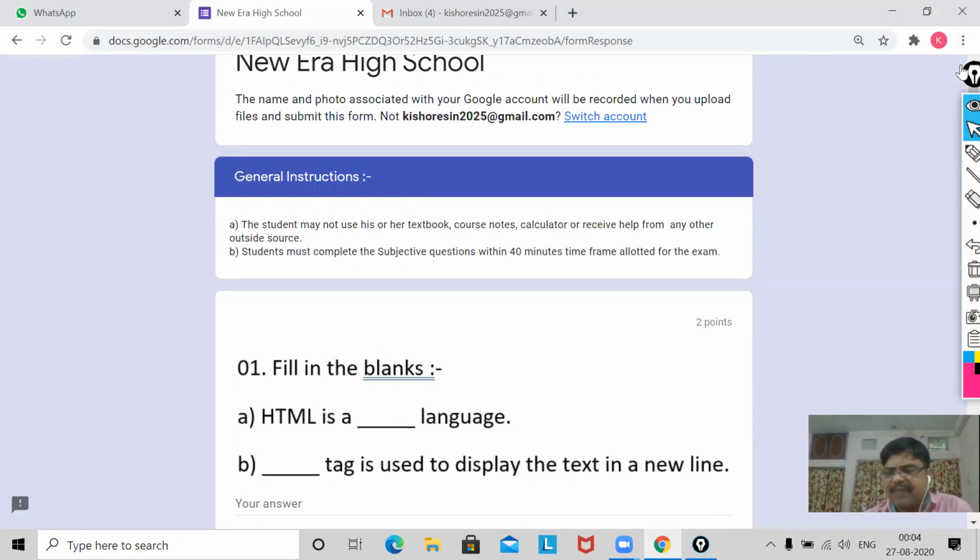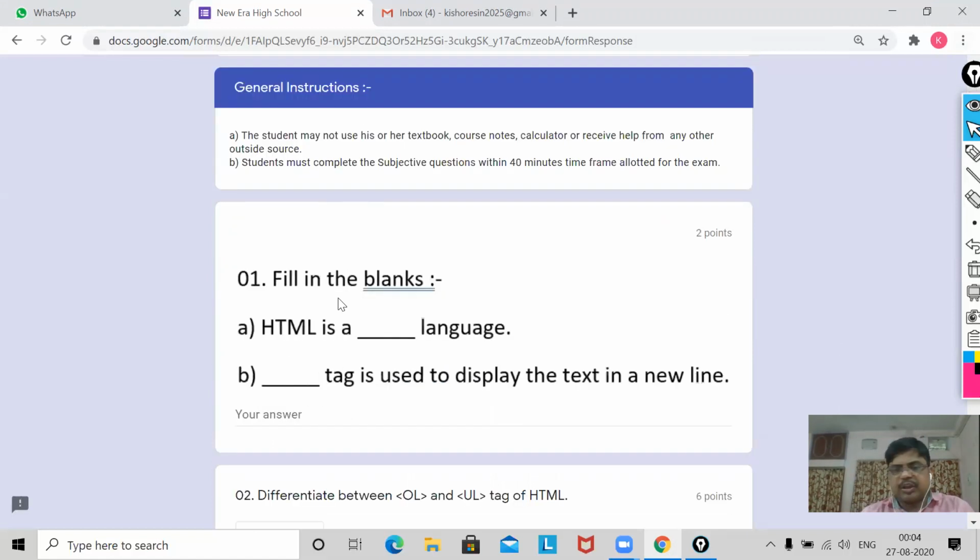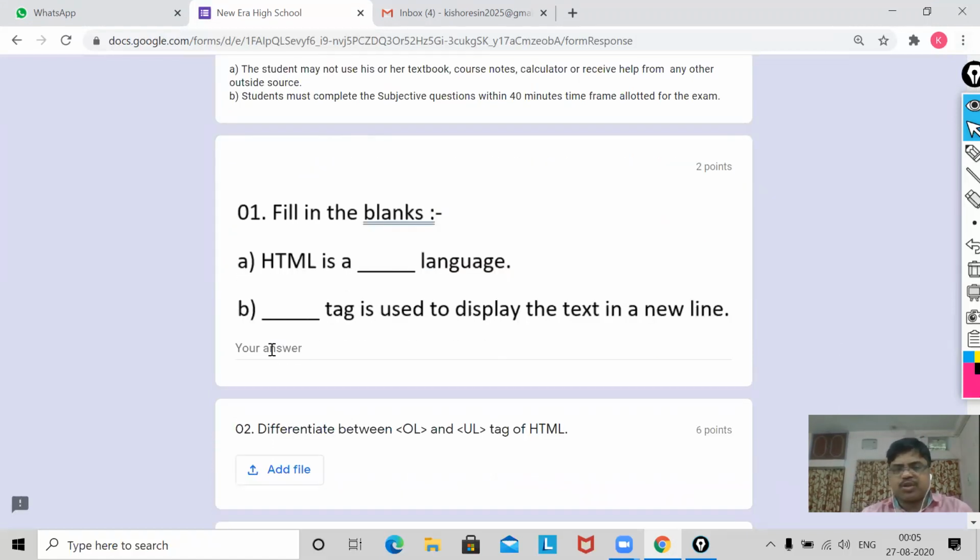All 6 or 7 or 9 questions, whatever you have in your form, you must write them all, so that at 9 o'clock you can join the online class, and under the surveillance of the Zoom camera, you can give the examination. Now, as the form is open, which has the subjective questions, the first one I'm going to attend.